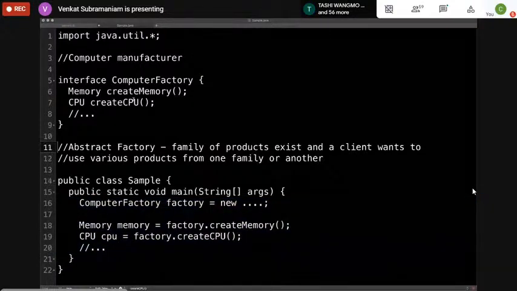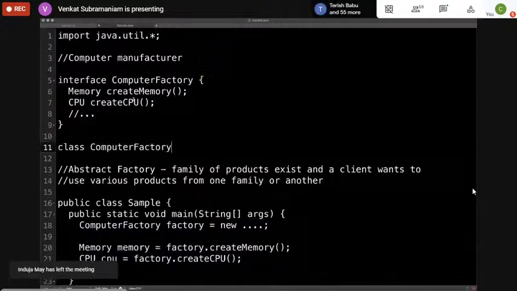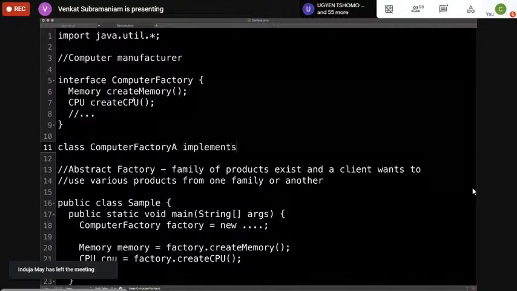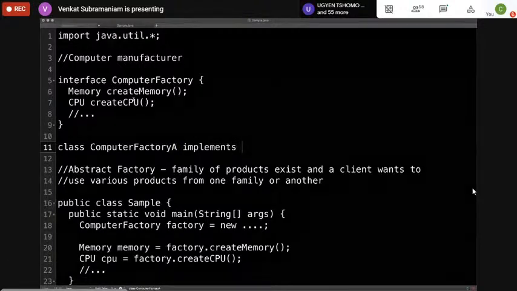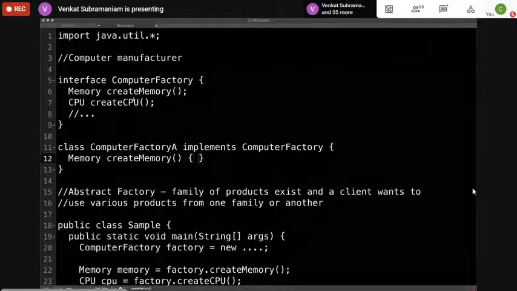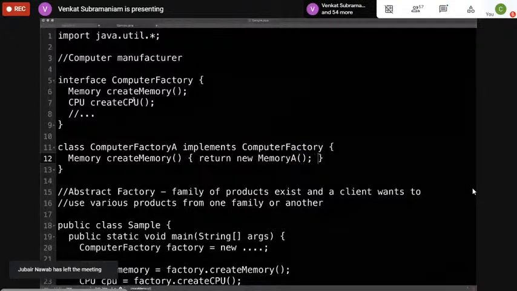Then what we're going to do is create a class called computer factory A, which implements the computer factory. And here, create memory is going to simply say return new memory A, because it's the family of A type.